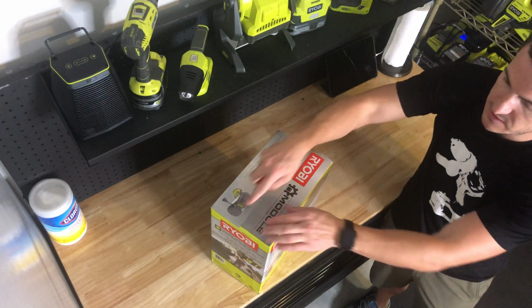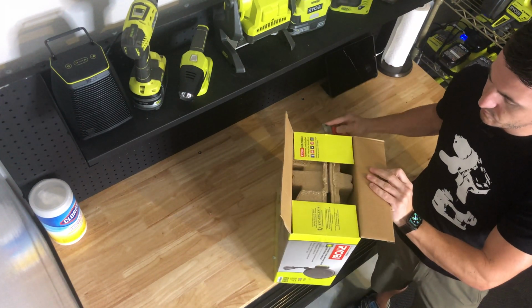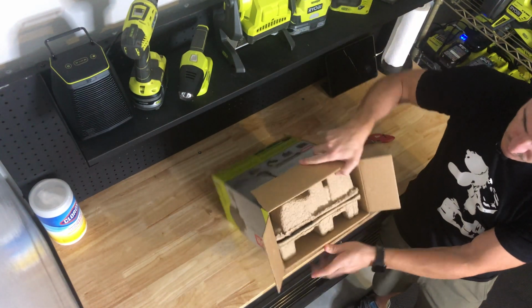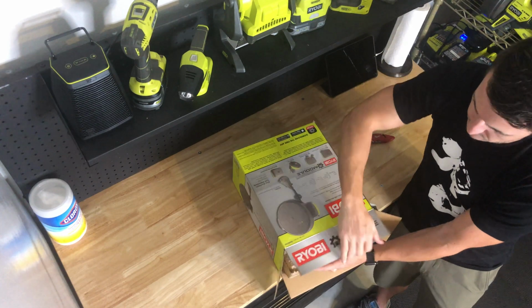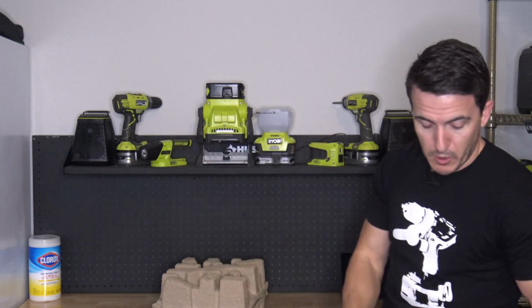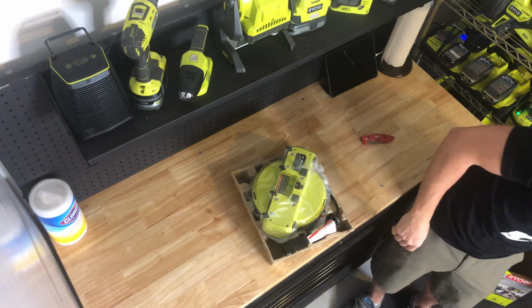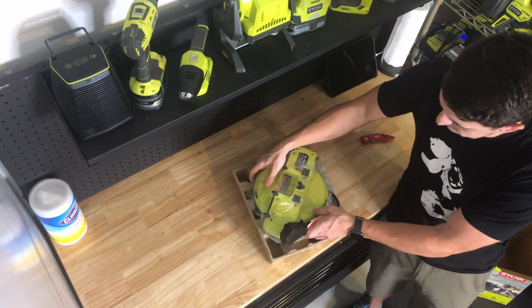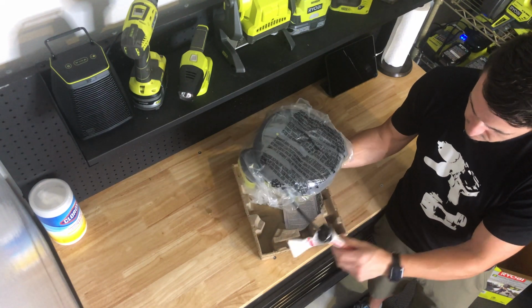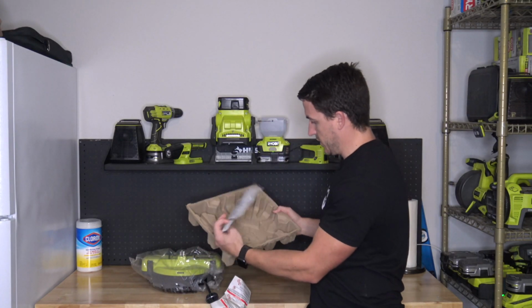Should be pretty simple in the box here. So, looks like that's it for the box. Open this up. Pretty hefty cardboard. And there we go. So there's our reel. Let's see what else we have here. It's just the